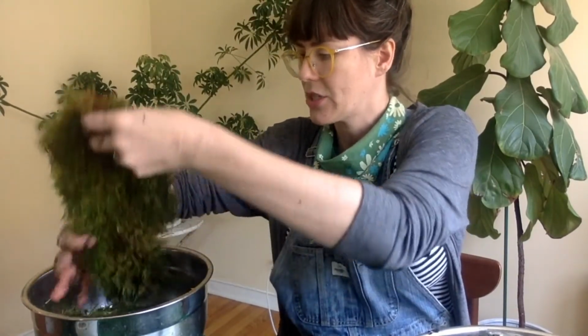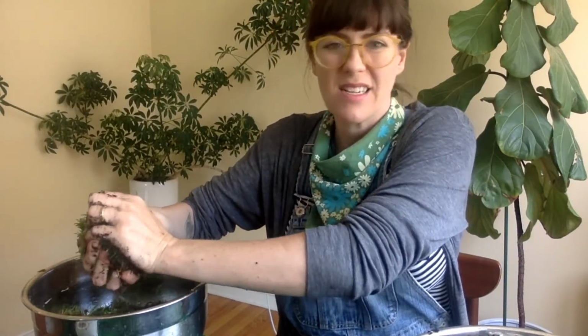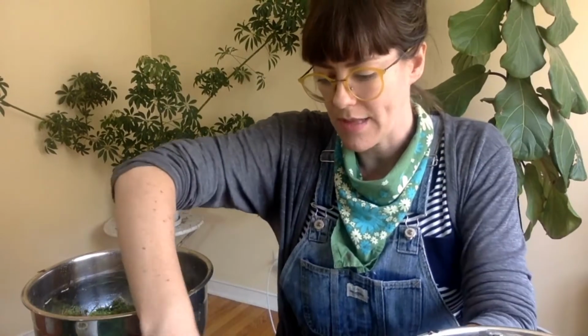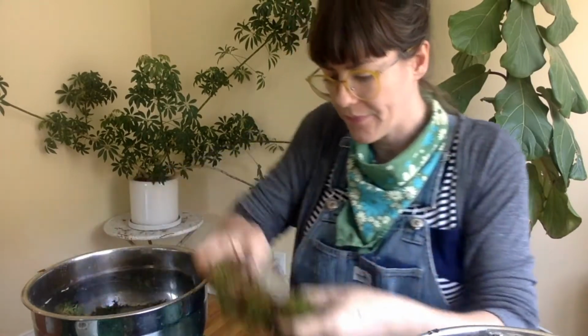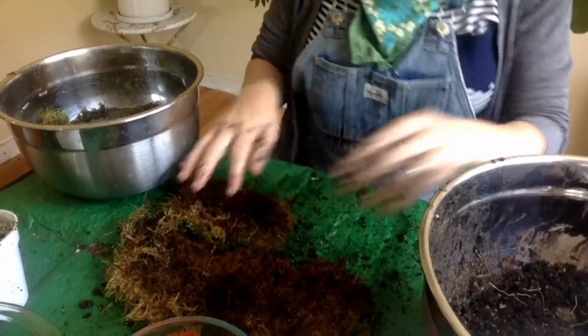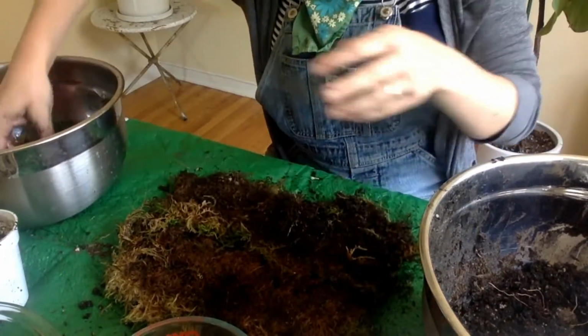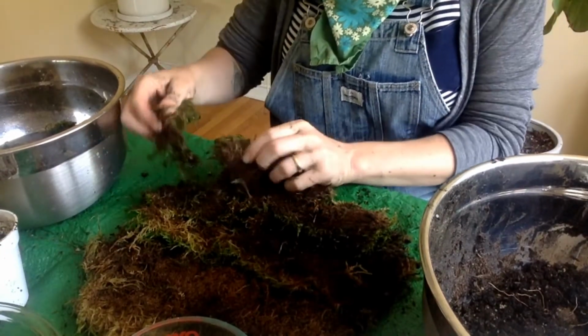They come in pretty good sheets. That's a pretty good sheet. And you want them to be in bigger sheets because then it's easier to wrap around your Kokedama. So I'm gonna lay the green part down because you want that part showing. And I'm just gonna create a little carpet for my Kokedama to sit in, and I'll try to show you. So I'm just gonna lay it out. And then I have a little bit more in the bowl if I need to